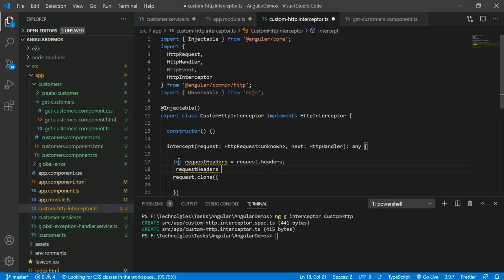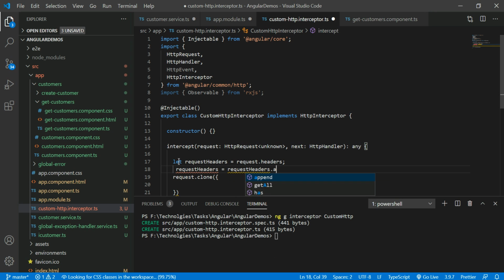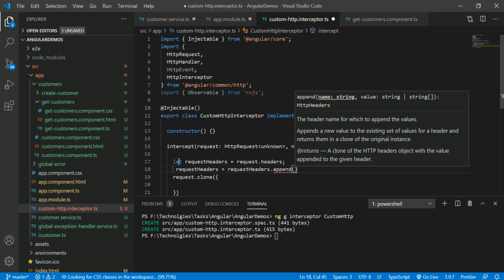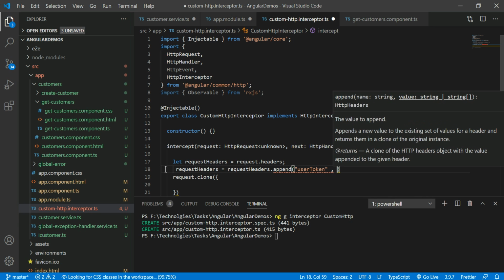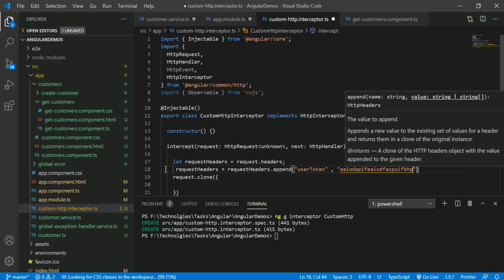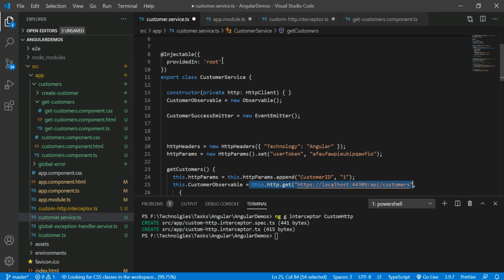For adding that, we have to append. Request headers dot append. If you append this, you can add your own header section. As of now, I am writing the user token here, and remove here. I want to add this user token for each and every HTTP request.